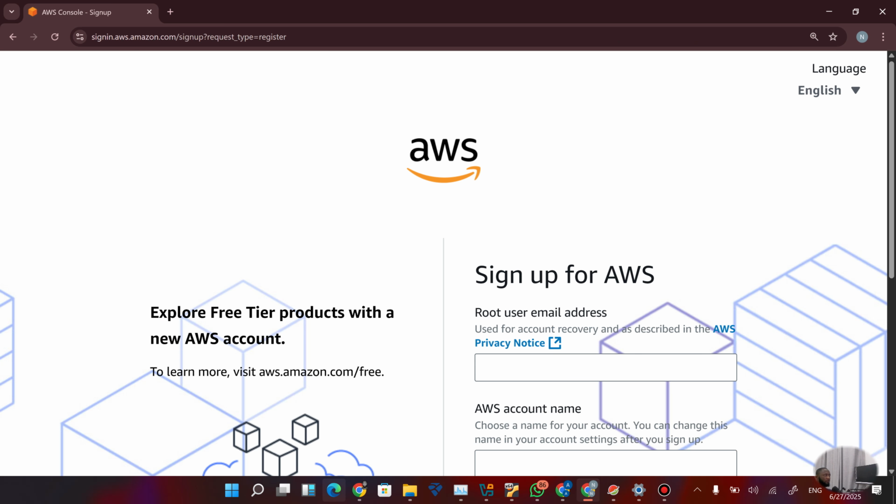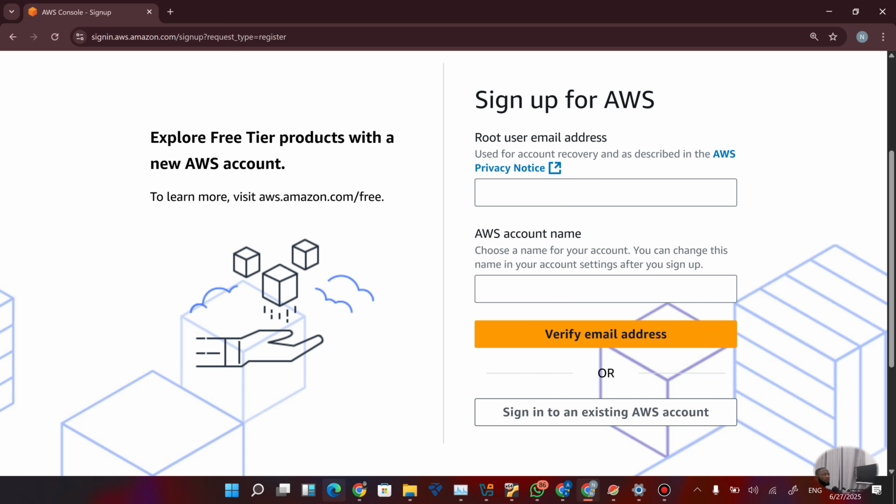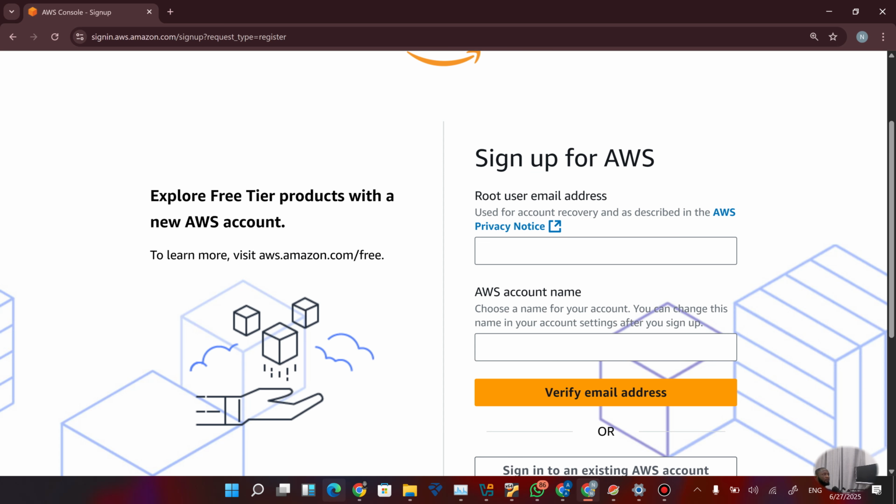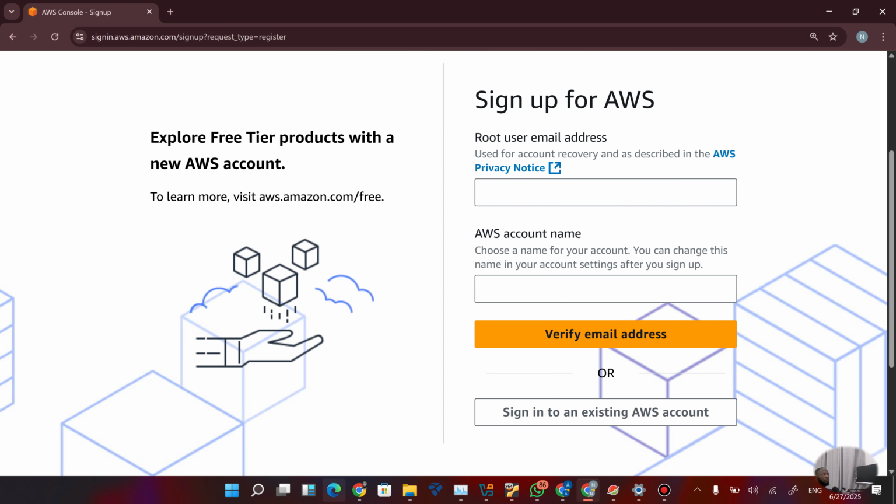So this takes you to this console of AWS, and this is where you want to start up everything you need to start with. Okay, great. So you enter your root user email address. Remember, for your AWS account, you need a root user ID as well as an IAM user. But for you to get started, you have to create a root user email address. And so you put in your email address,